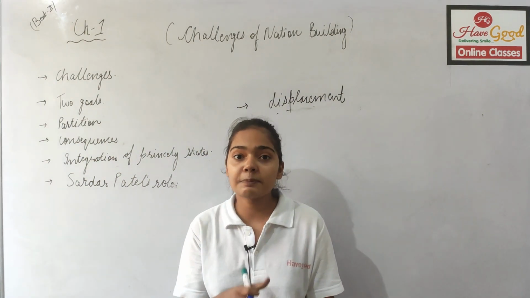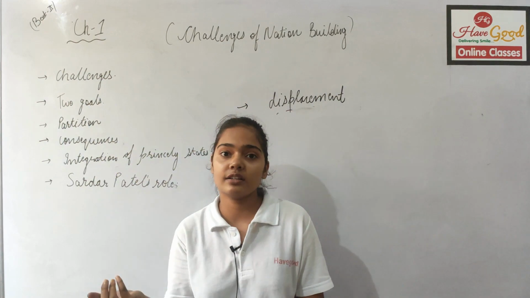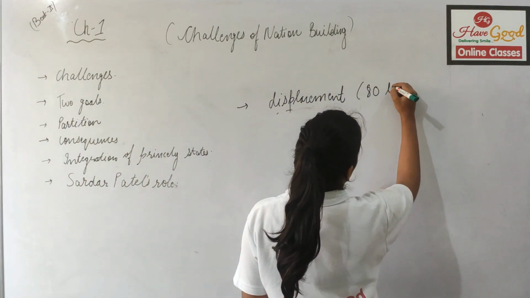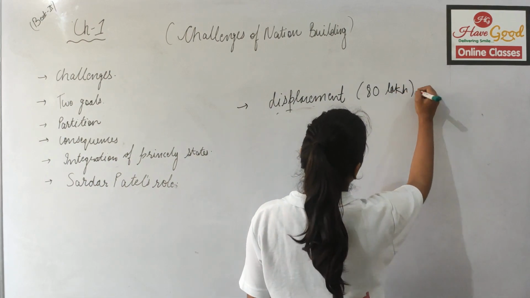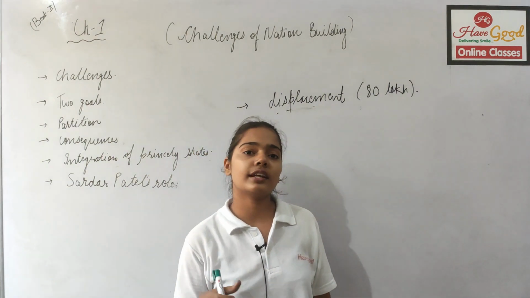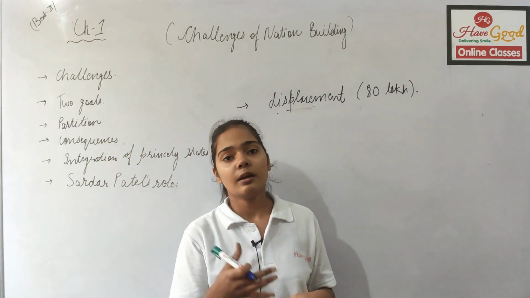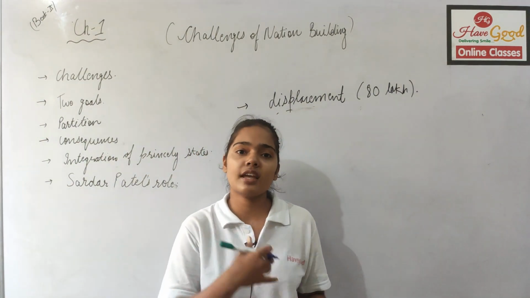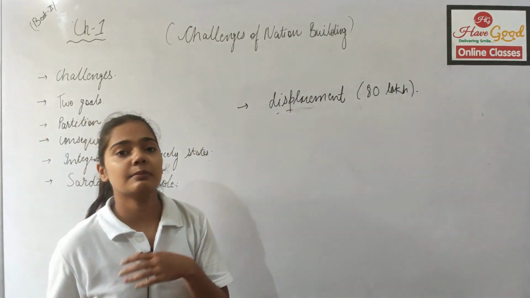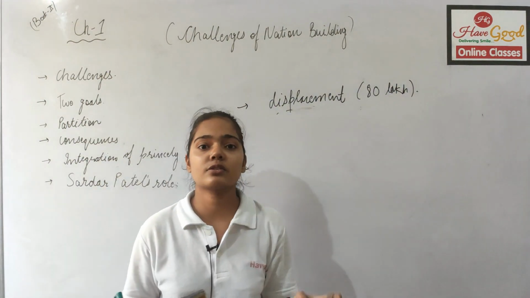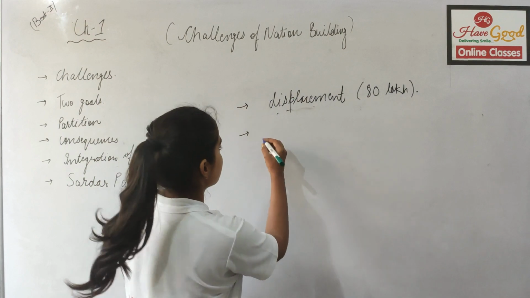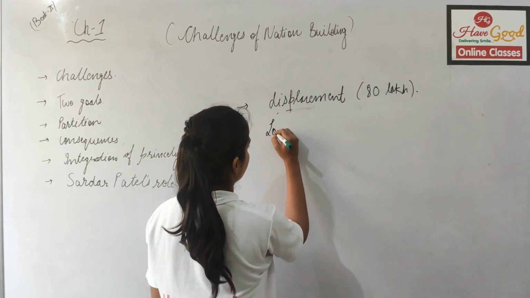Approximately 80 lakh people were displaced from one country to another just because of their religion. 80 lakh people were forced to migrate. What they got was just a notice of 6 hours before, and within a few hours they had to leave their country. Okay, and this was a major problem faced by the people. Because of this displacement, there was a huge loss of immovable property. The second consequence was the huge loss of immovable property.